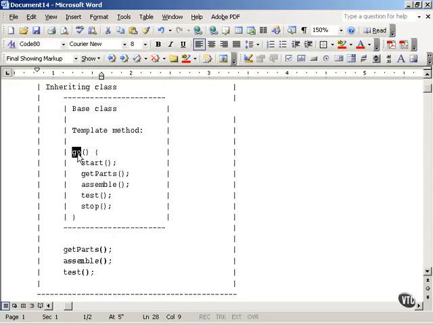In our examples, we were just calling that template method go, and inside the go method we had a sequence of methods being called. In the case of our example, we are creating a robot, and we had a start method, get parts, assemble method, test method, stop methods,